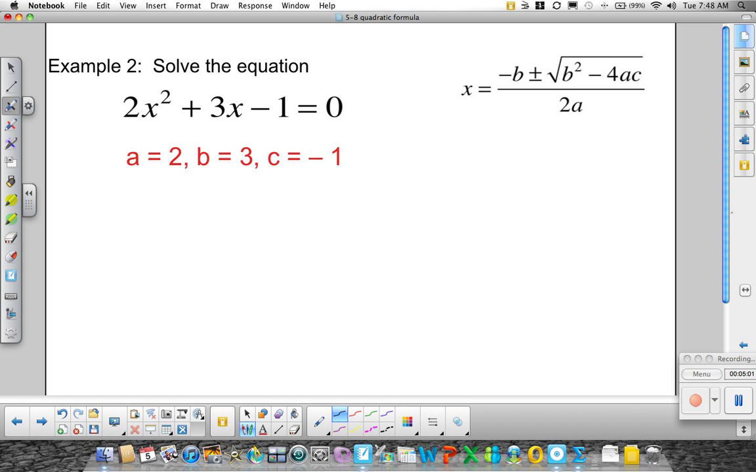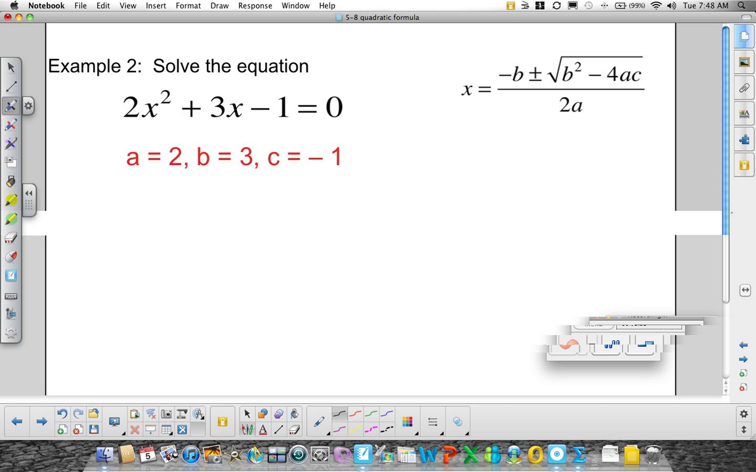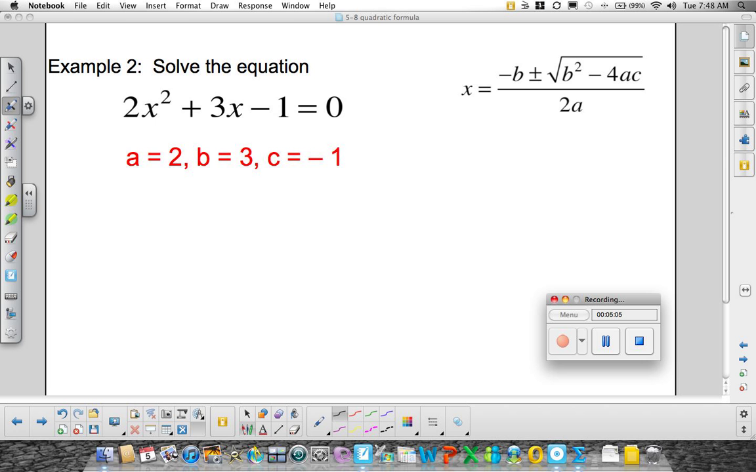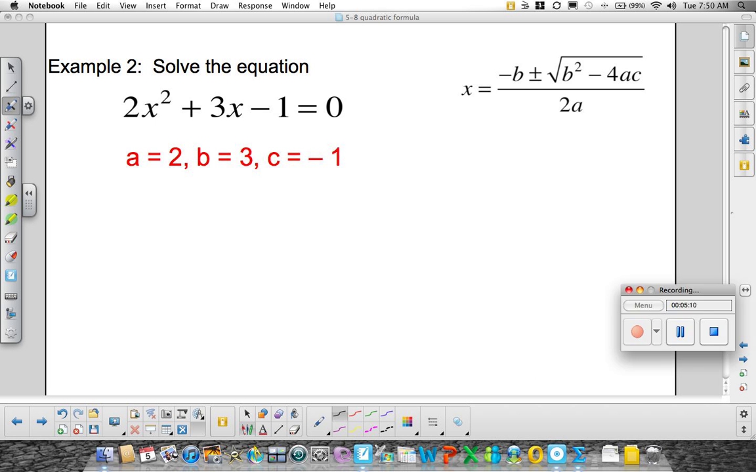So we have 2x squared plus 3x minus 1 is equal to 0. So that means that a is equal to 2, b is equal to 3, and c is equal to -1. Okay, so if we plug those values into the quadratic formula, we will get x is equal to,